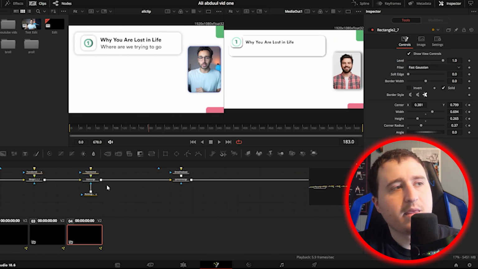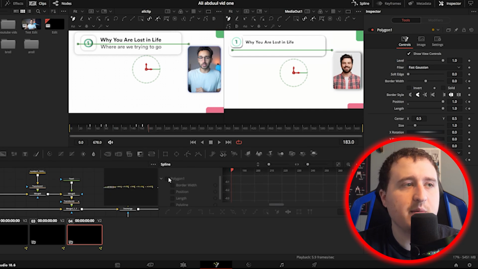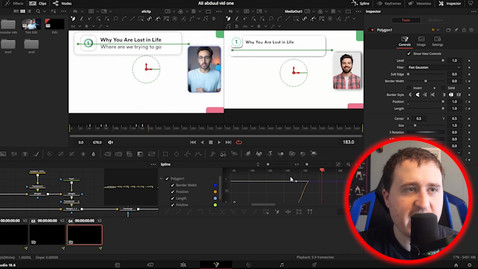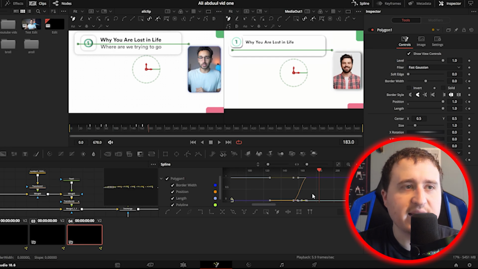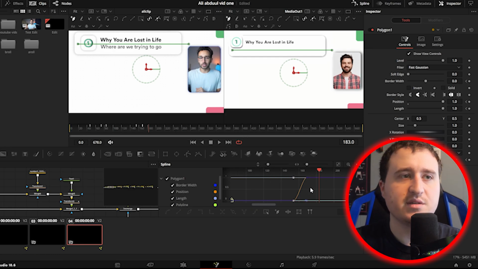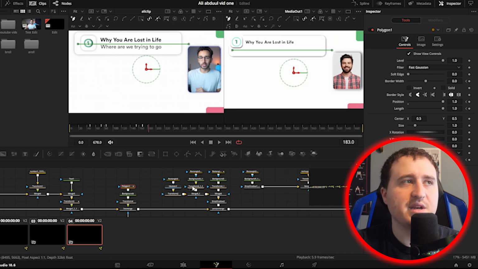So now you can come in here, you can go to the spline tab, you can select everything and zoom to fit, and then you can select your back keyframes with your selection just by clicking and dragging, and then you can hit S. Mine automatically smooths. I just have it set up that way. I thought I turned it off yesterday, but apparently it didn't. But just make sure you smooth it out with S,